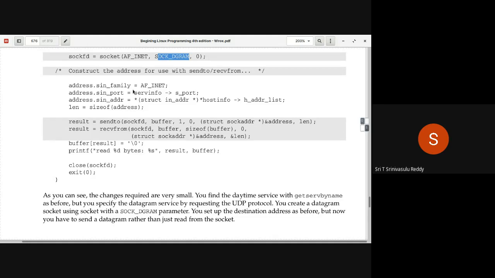And then how to fill the address structure is still the same, no change. To fill the address structure, the same logic is used: AF_INET, port numbers, and all that. Here, don't worry, because he is using service-based lookups and all that. These things are there, but it's not required. For us, we will use our own style.